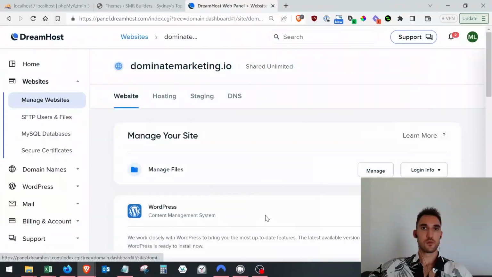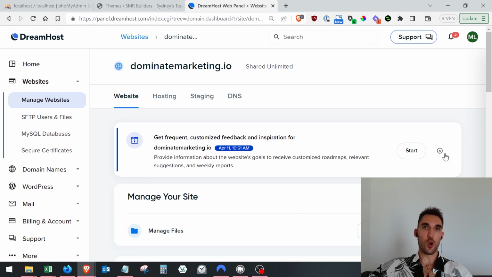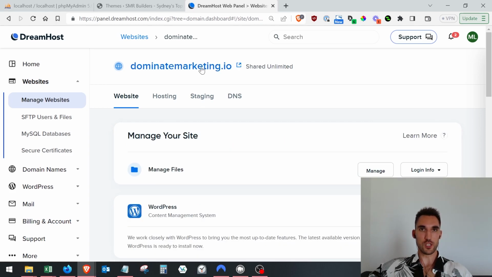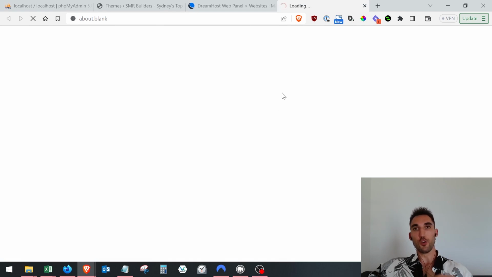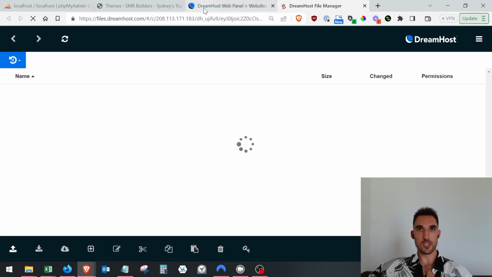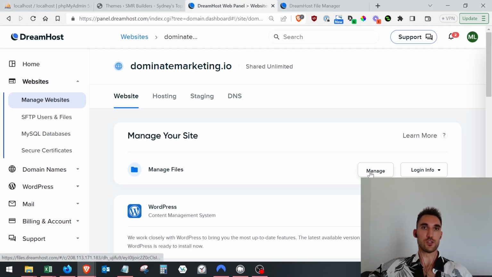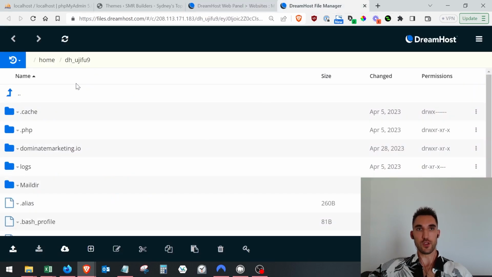Back to the video. Once you're in your hosting, you go into the hosting, you select the website that you want to edit, and you would usually have something like manage your site, manage files, or cPanel. You want to go in there, you hit manage, or you go into cPanel, and then within cPanel, you're going to see file manager, and you'd click that. Alternatively, if you have something like this, you would just hit manage files like that,